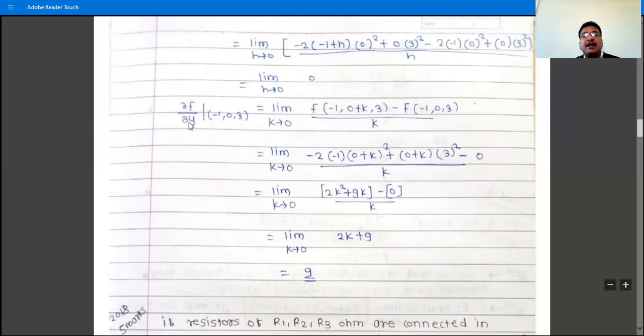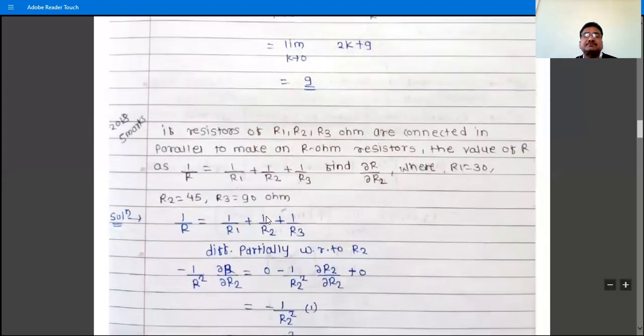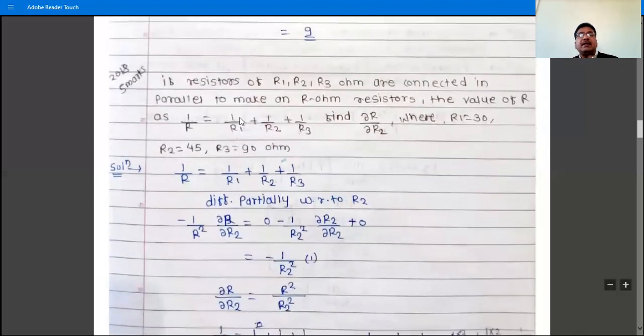Now what is ∂f/∂z at (a, b, c)? Limit l tends to 0, f(a, b, c + l) minus f(a, b, c) divided by l. So these are the partial derivatives with respect to x, y, z. Then the next problem is